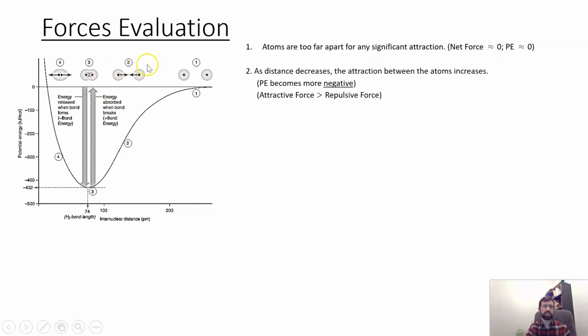Okay, and the second one, number 2, represents when two atoms are getting closer to each other. As distance decreases, that radius decreases, the attraction between the atoms increases for a while until they get close enough. The potential energy becomes more negative, and the attractive force is greater than the repulsive force. So in this region of the graph, the attractive force is stronger than the repulsive force. Then we get to